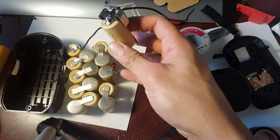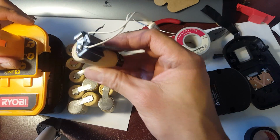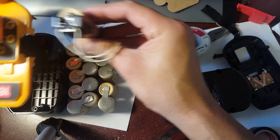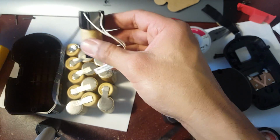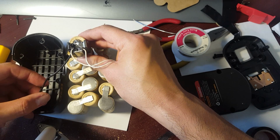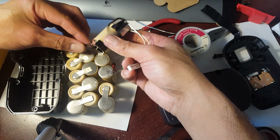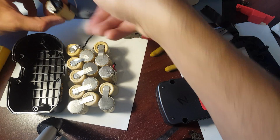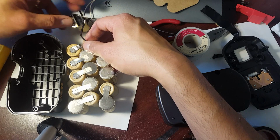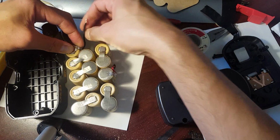Because the battery is going to be sitting this way in here, and this is going to be this way. So you want to have the cell sitting like this, right in here, up against that part. And to be able to do that, you're going to have to make sure it's sitting like this. So we've got to strategize this so that it's not too crooked. What I usually do is make a little bit of play. That's why I added this longer wire right here, just so that I can have more play in trying to get this